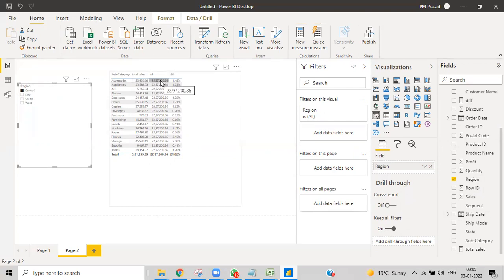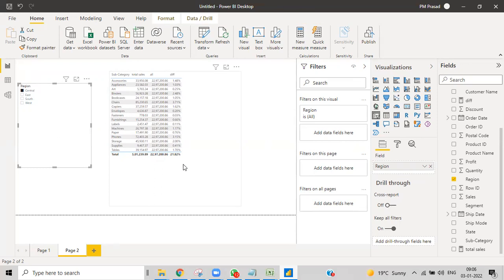And then here the sales is for all regions. So obviously we'll get a difference, we'll get errors. We are not getting 100% out here. We are getting the total sales only for this region, and here the total sales is for all regions. So if we calculate the accessory sales for only one region against the total sales for all these three regions, then obviously we are going to get some error, right?